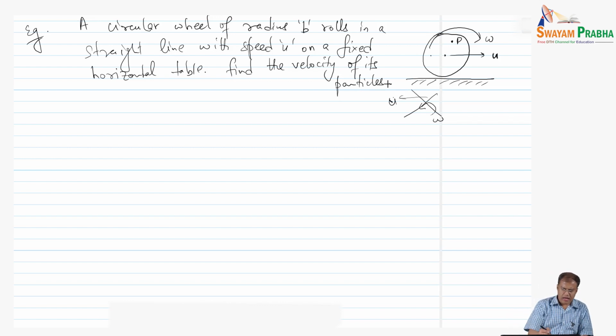So notice, as I just said, the particles, let's say in this case the particle P. The particle P is at a distance rho. I need to find all these quantities, and the particle P is of course rotating with an angular velocity omega. So now the Vp, the velocity of the particle at any given point P, is u times i hat. So u is along the x direction, the forward direction, and then due to rotation,